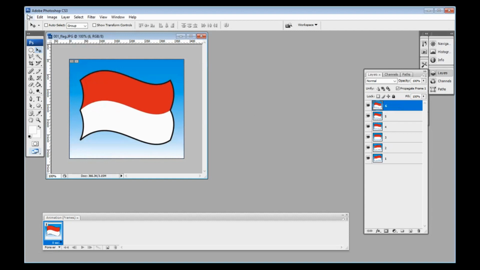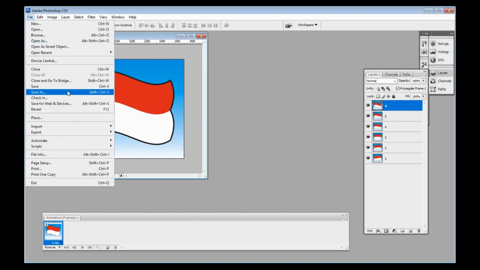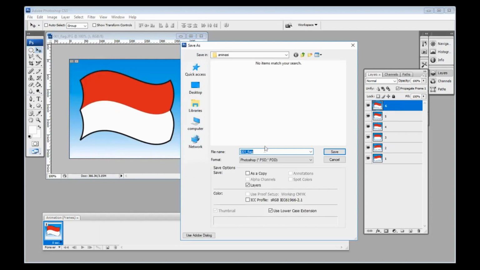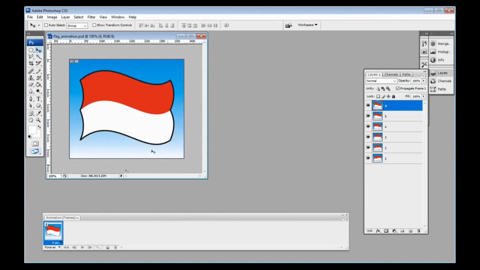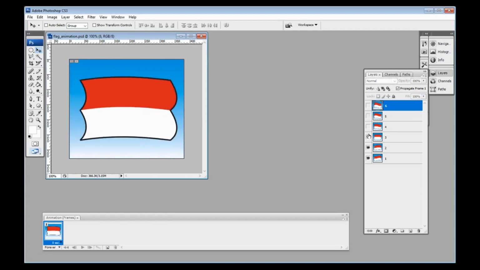Okay, don't forget we must save first. Okay, flag animation. Okay, let's try to make this into animation. Now we set the visibility of this layer. We have number 1.